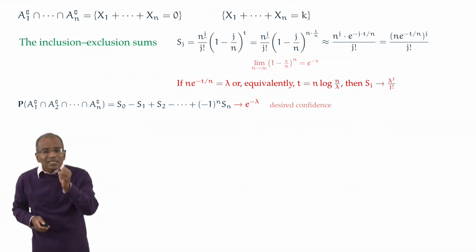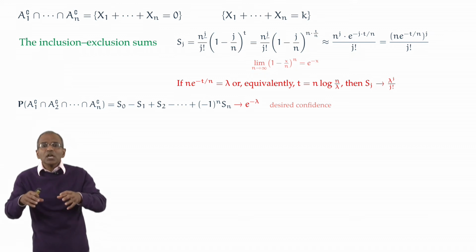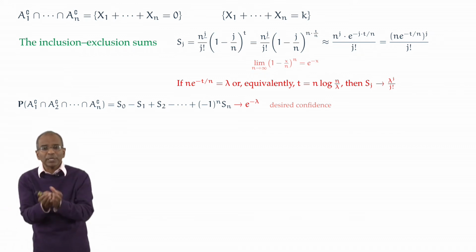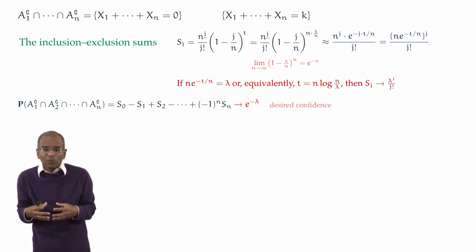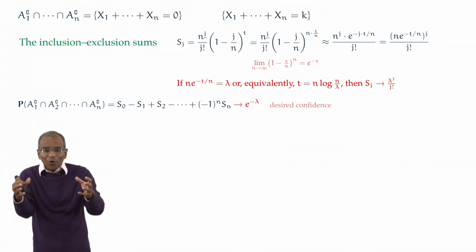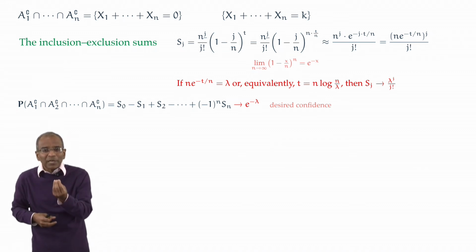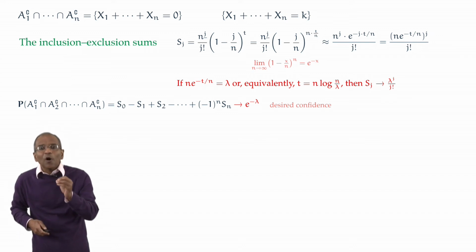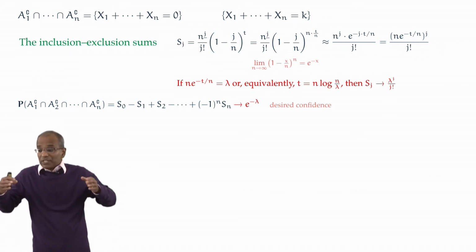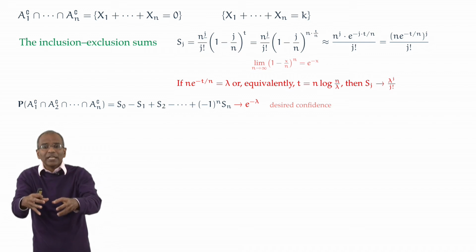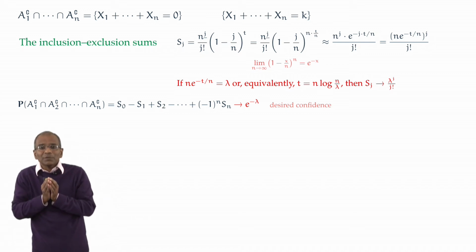If t satisfies n times log of n over lambda, then the chance of getting all the coupons in your t purchases is approximately e to the power minus lambda. Of course, because I'm greedy, I want to have a high chance of getting all my purchases. This e to the power minus lambda stands in the role of a confidence parameter. I would like it to be high, near 1. That gives me a lot of confidence that with this many purchases, I've got greedily all 14 Gilbert and Sullivan playbills.